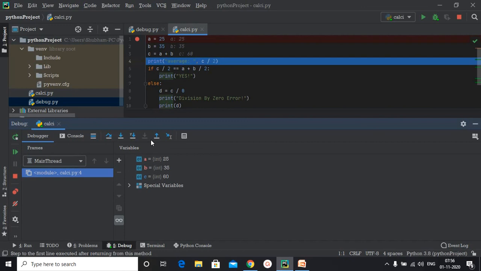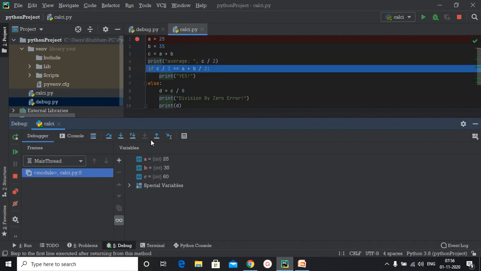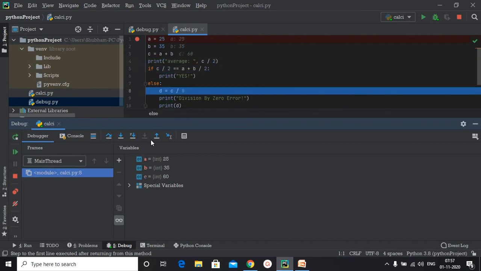That's why it was skipped. And then we found an error on line number 8 where the debugger clearly told us that we had a zero division error. So this is how you can use debugging in PyCharm and debug your code and make it error free.